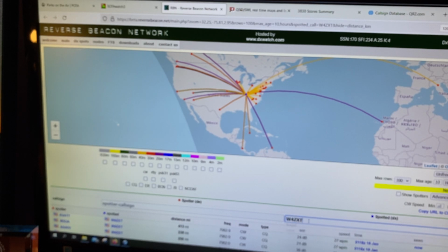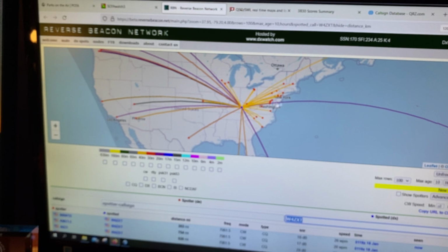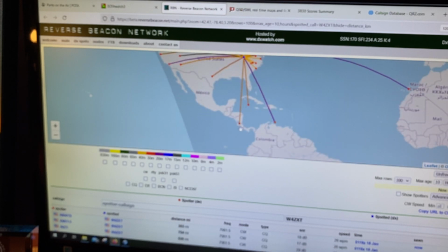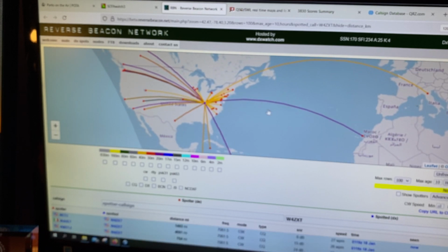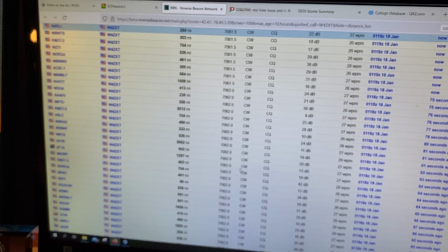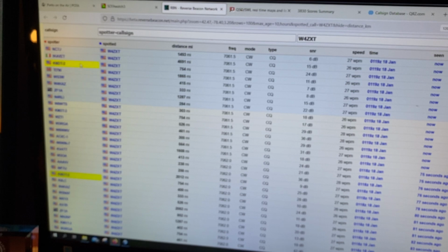A lot of spotting coming in here, so let's try to refresh RBN here. You can see we've got a lot of stuff up in the northeast here, even southeast. Looks like we hit Costa Rica. And again, this is at 819. So you see the gray line had just moved in. So what we want to do with this is, like I mentioned once before, wow, that's a lot of spots. Good heavens. So what I want to do is look for